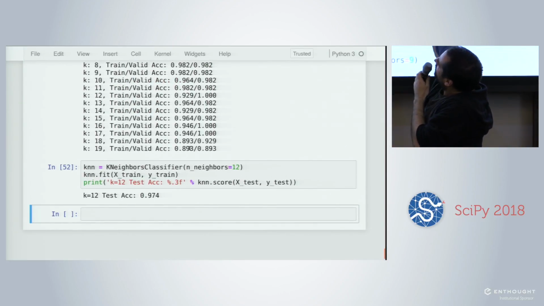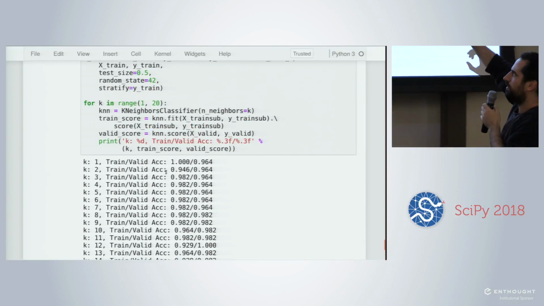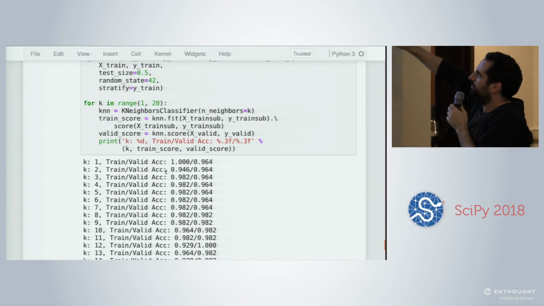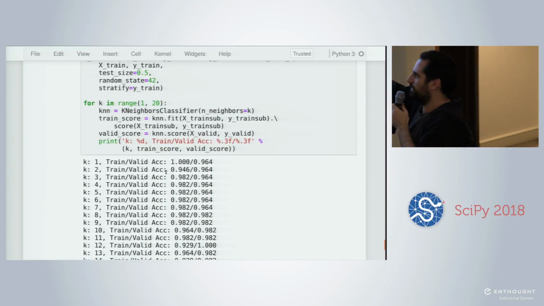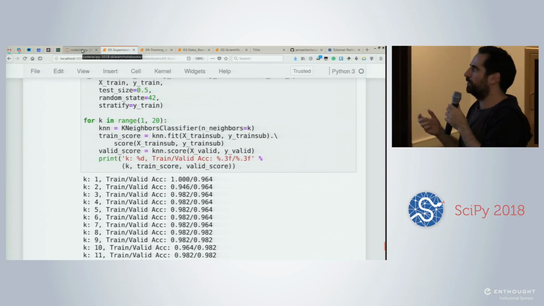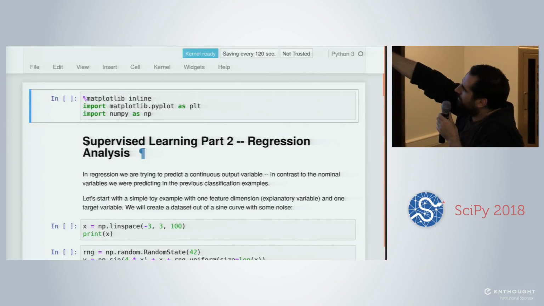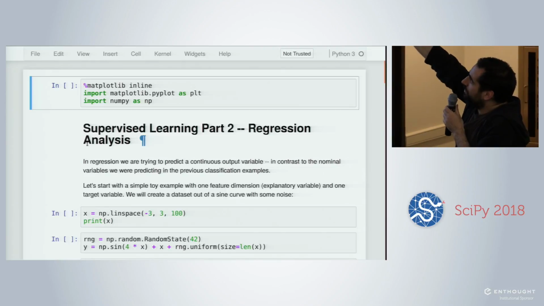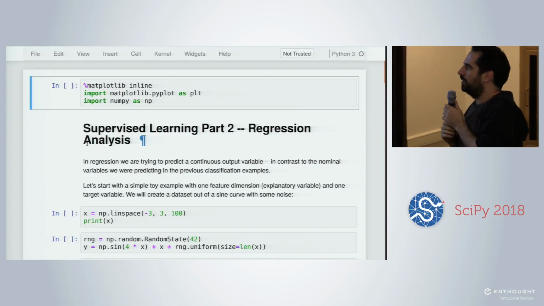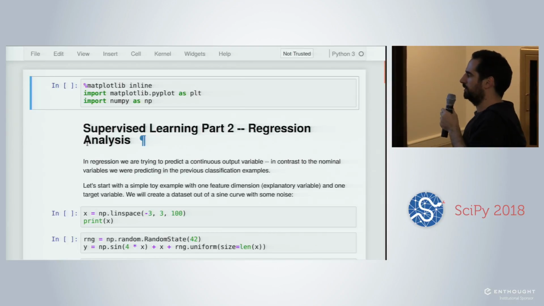So there is a good region of good K's here and a good region at the beginning. And it's quite unusual, but it's probably because we have the random train split, and maybe when Andreas wrote this notebook the first time, 9 was the best one, but it's no longer the case. And this is really an artifact of the fact that we have a very small data set. So it's not stable to find a good K here in this case. Apparently, you can say K equals 12 is good, or K equals 1 is good, or 2 is good. That's kind of unusual. If you have a larger data set, it's likely that there is a region of K that is good, and most other values will be slightly worse.